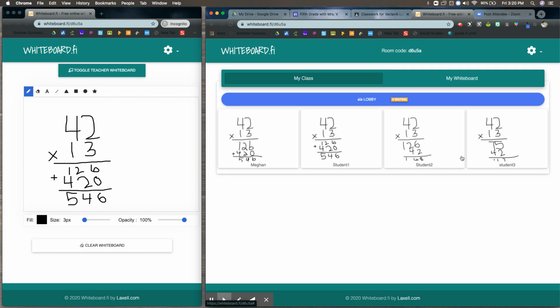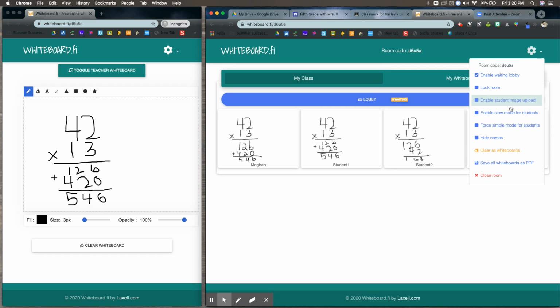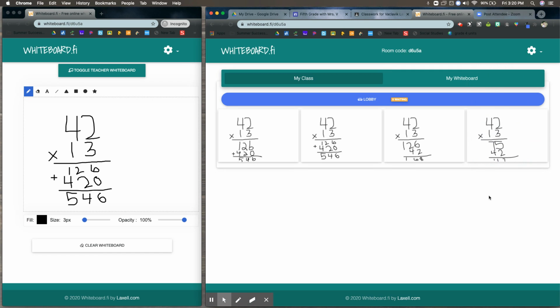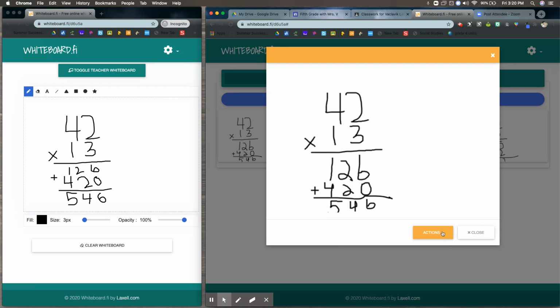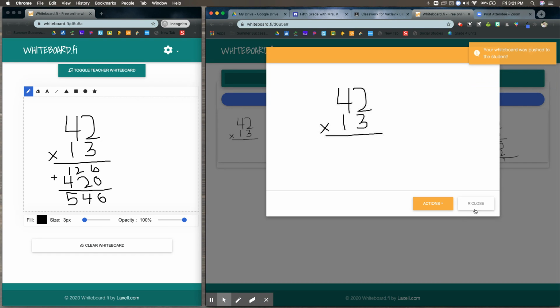Now I can choose to not have this shown on my whiteboard so that all kids could see it. It could just be from mine, or I could hide the names. So you can see that this setting right here, if I click hide names, that might help so you're not calling students out, but you might say, oh, these two students right here, they got this, right? And I could push this out to all the students